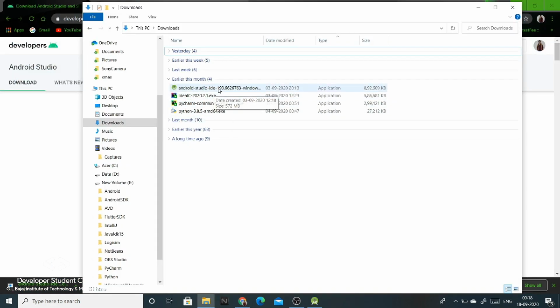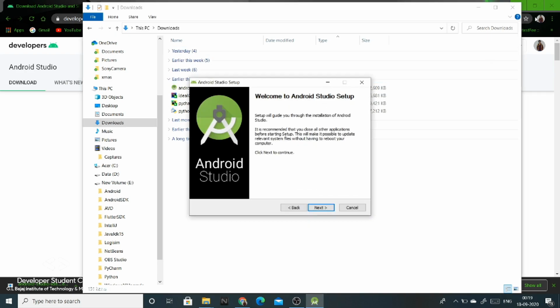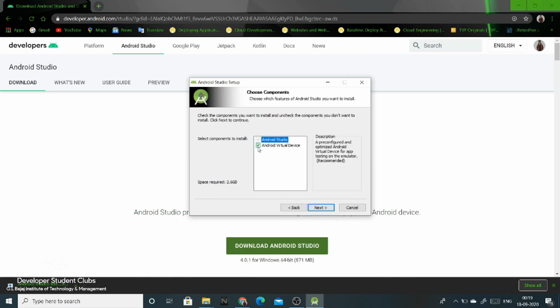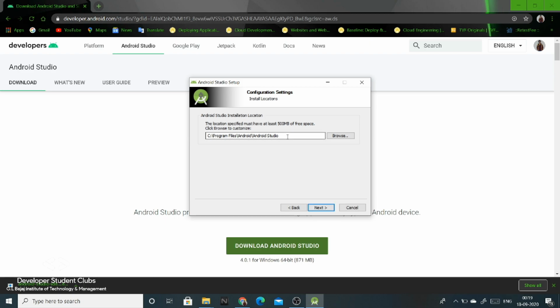When you click on this .exe file, you will be prompted with the Android Studio setup like this. Here click on next. Just check mark this Android Virtual Device, then click next. Here you can change the location where you want to install Android Studio.